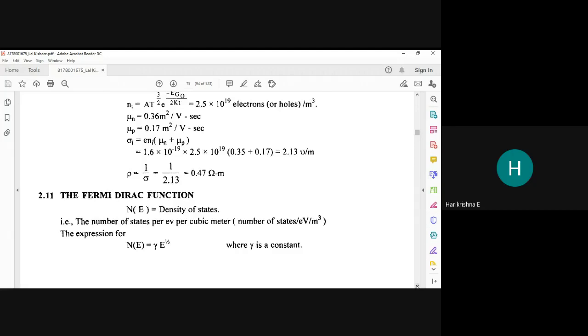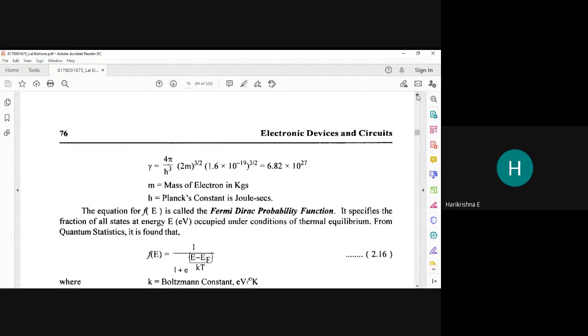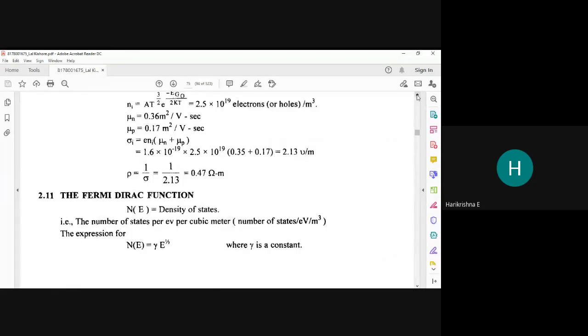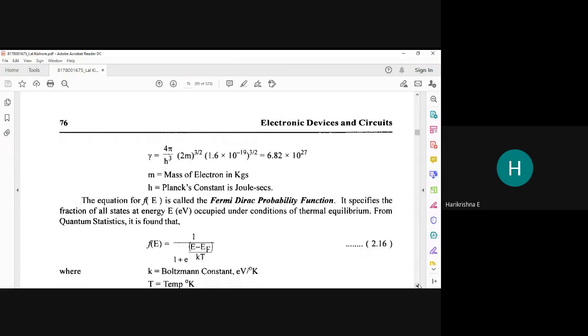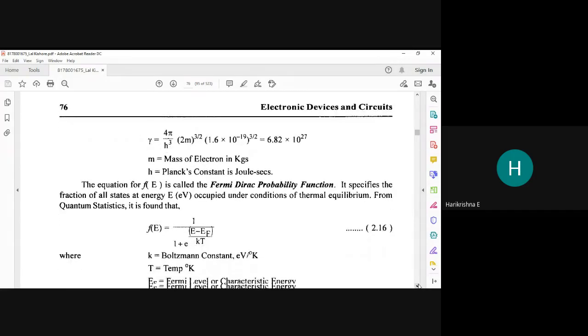So the Fermi level, I think all of you listened to in your intermediate course. Fermi level indicates the concentration of electrons and the concentration of holes. So I will show you the figures exactly related to this. Just don't think about the mathematics related to this point. The only thing required is the diagrams. I will show it to you.